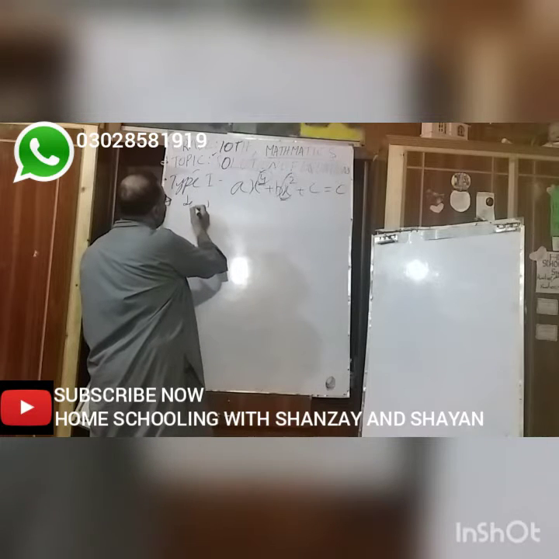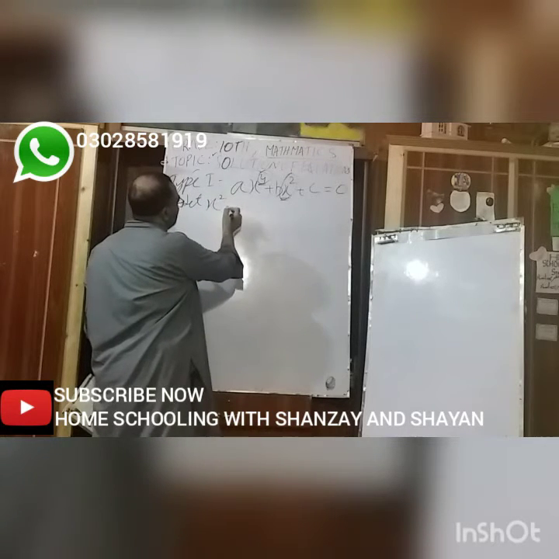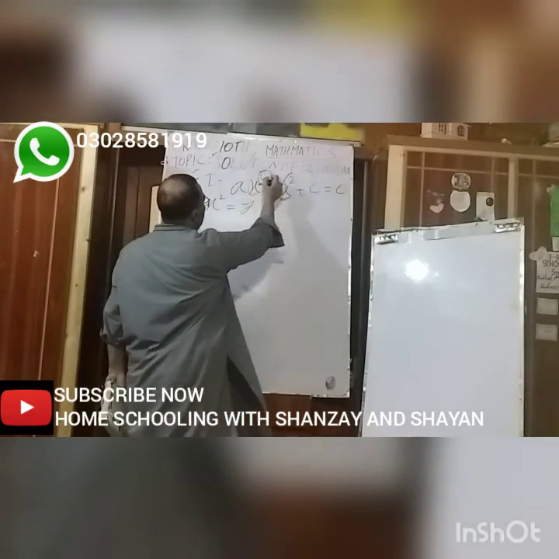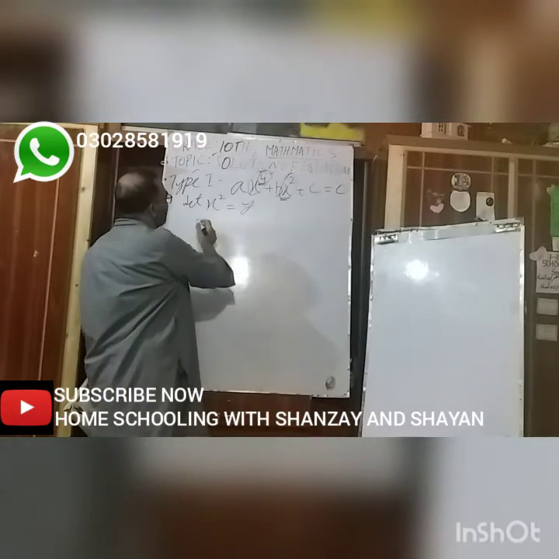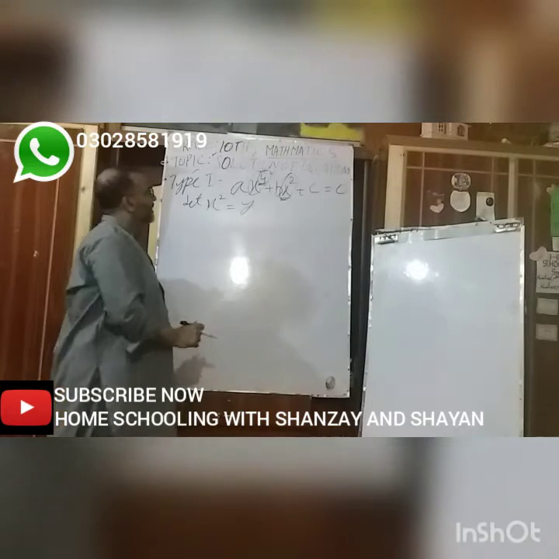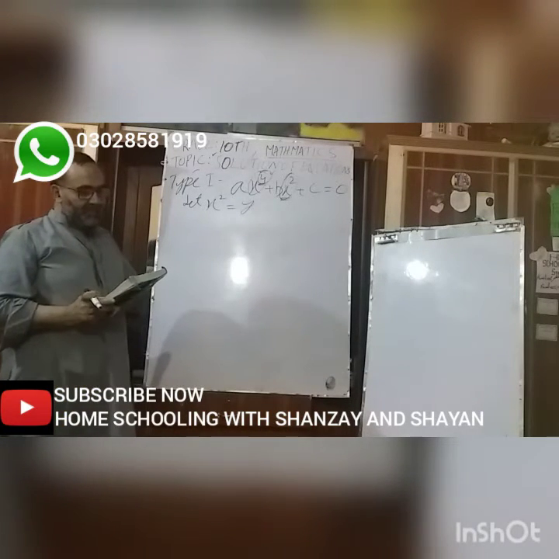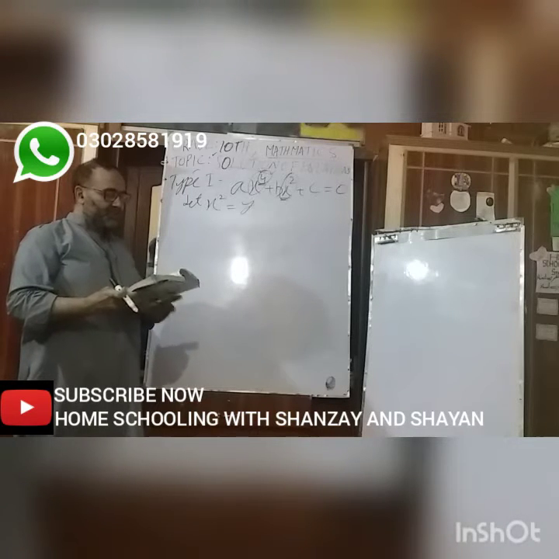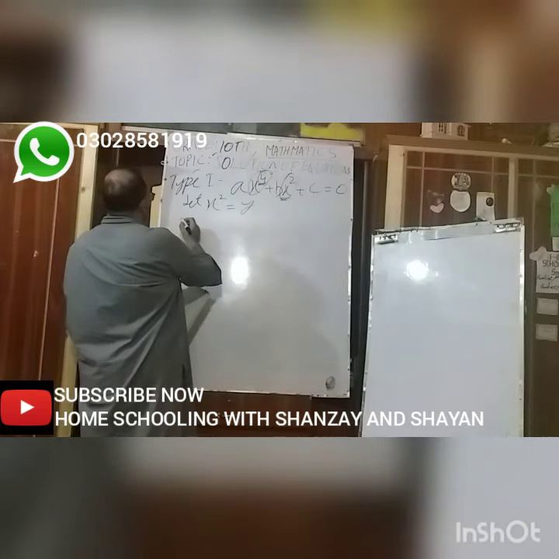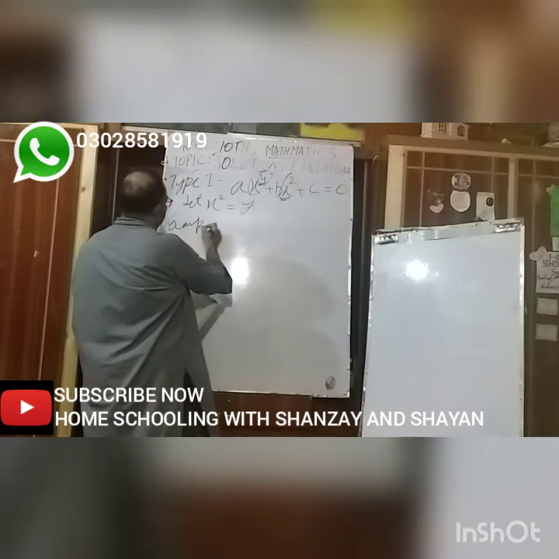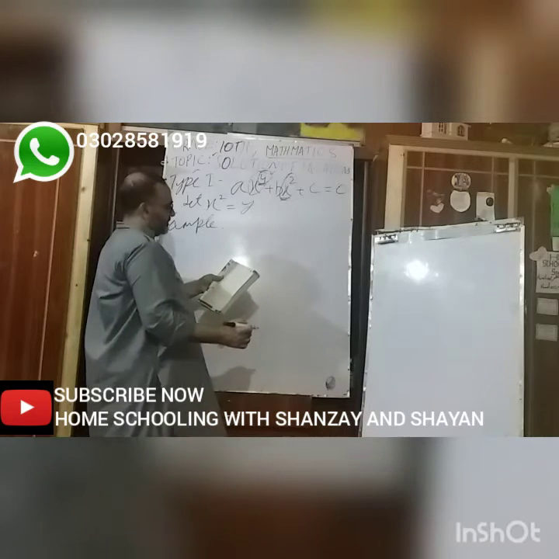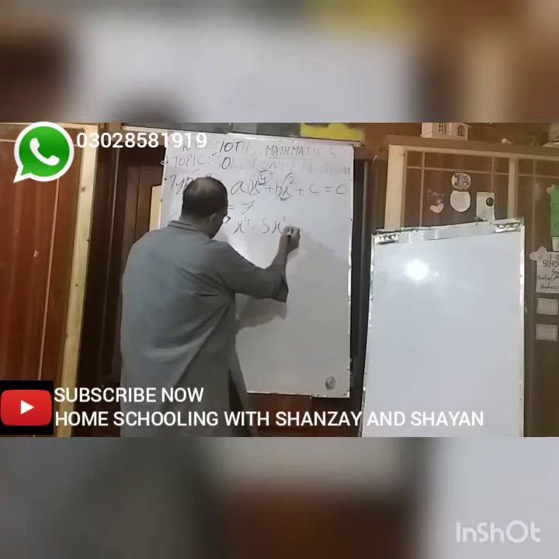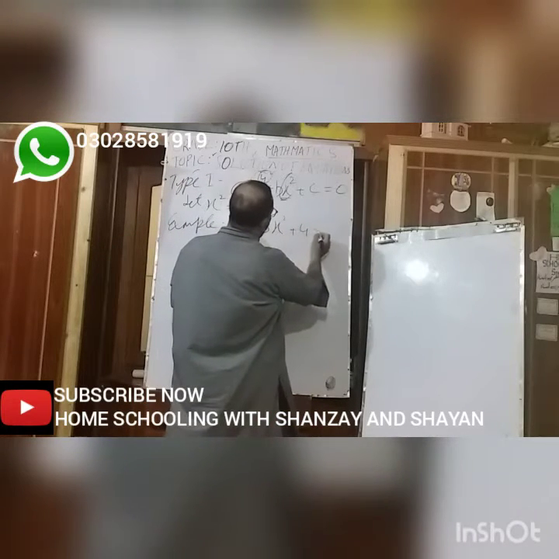We will say, let's suppose x^2 is equal to y. But here we also have the x^4. So we will take the square of this, then we will put the value of y. We will take an example, and by example you will learn how we can solve this. So this is the example: x^4 minus 5x^2 plus 4 is equal to 0.